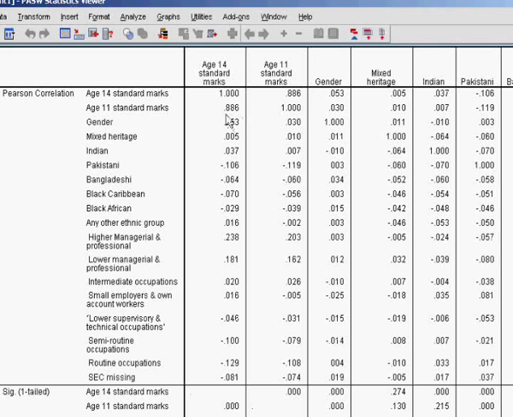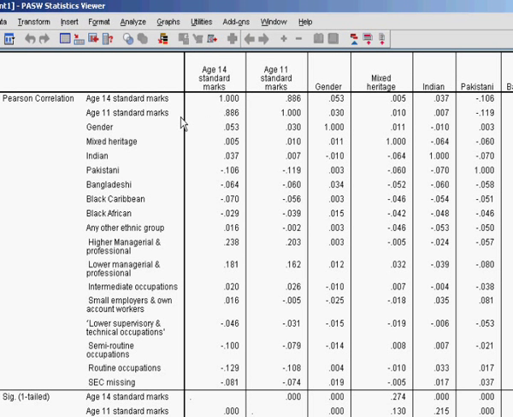The only one that perhaps would be worth a quick look is the correlation between age 14 and age 11 standard marks, which is 0.886. So that indicates a very strong positive correlation between those two variables. But of course, you'd expect those two variables to be highly related, because that's previous achievement, exam performance, with current exam performance, and